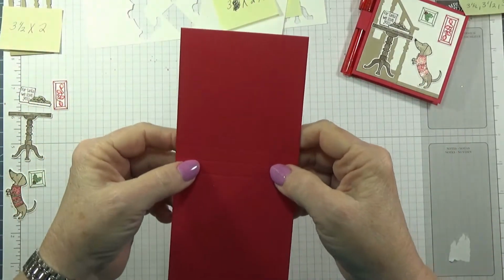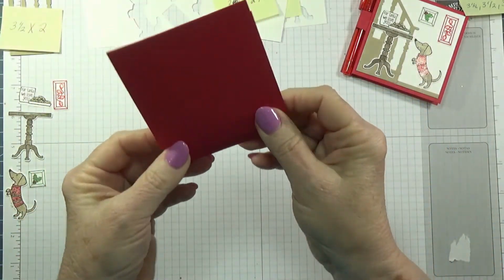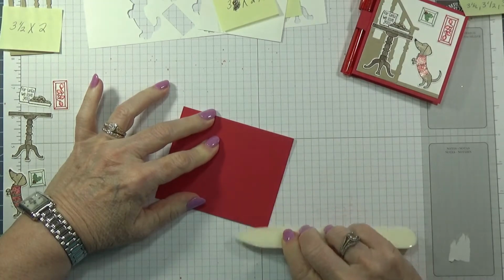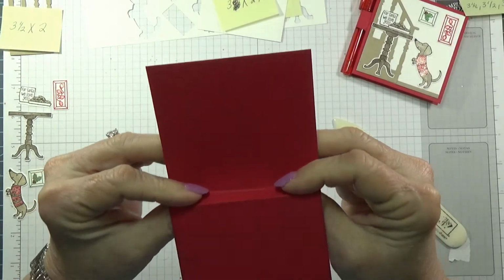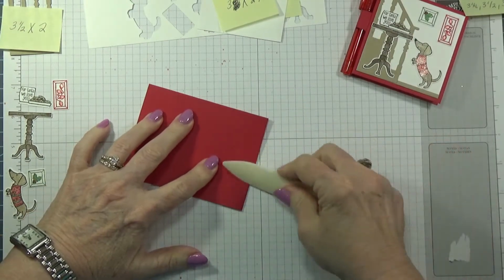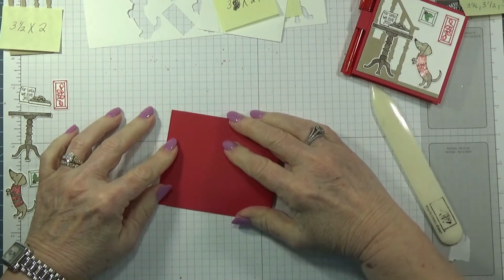So what I'm going to do is push this middle one in one way, and then I'm going to get my little foam folder, turn this over where I can see it, try to get it as straight as you can, and then crease it. And then I'm going to come back the other direction with the two other ones and do the same thing. I'm just going to straighten them up, fold them and crease them. Same thing on that back one. I'm going to fold it,